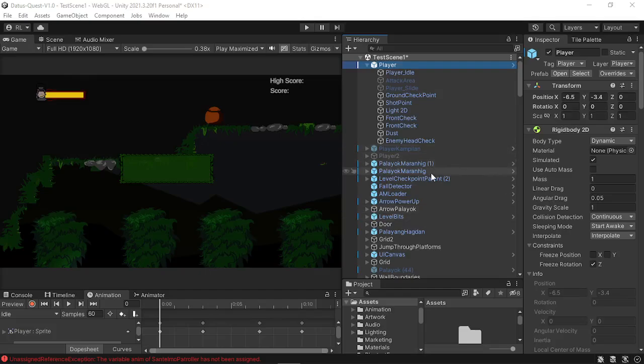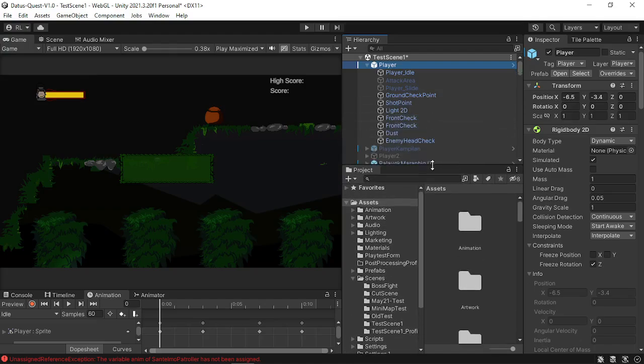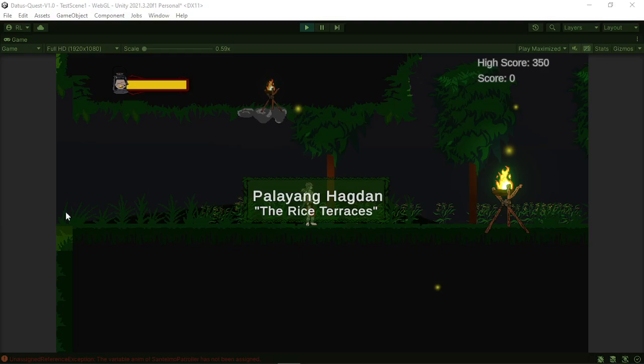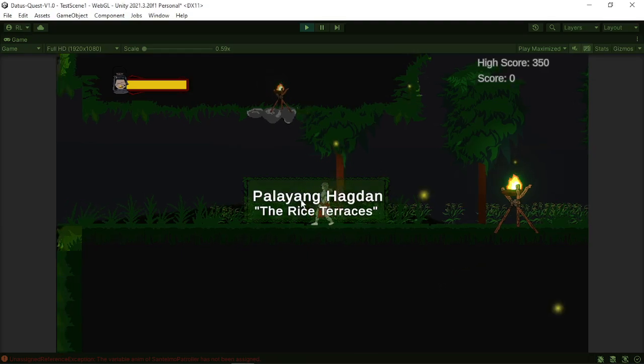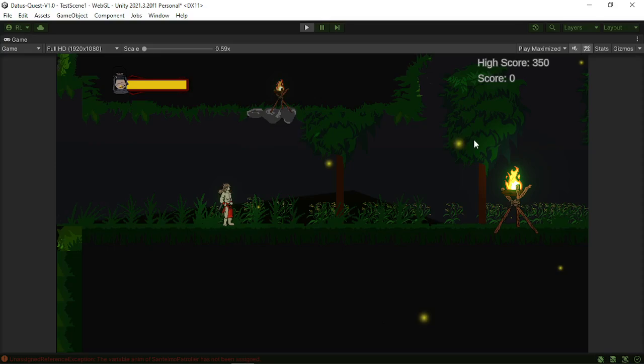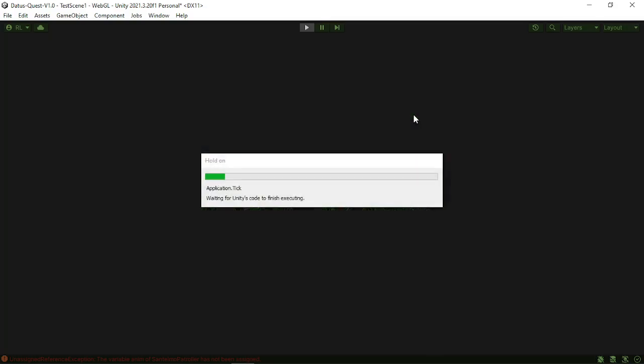Okay everyone, so in this video, I just want to show you how we can work on setting up the player. If we try to play this, you would notice that the player switching from left to right is not on the middle. As you can see, there's a large difference between the middle and the position of the player switching. So we can work with this by trying to target the sprite renderer.